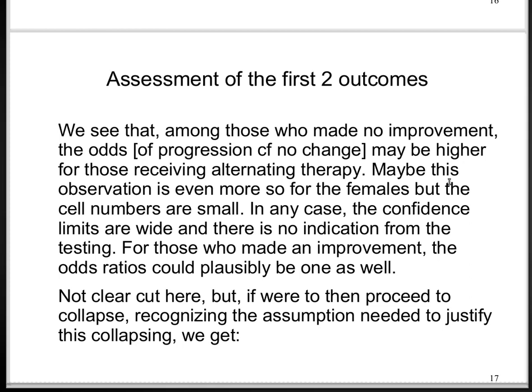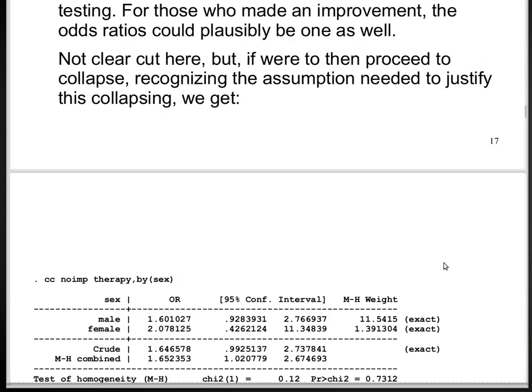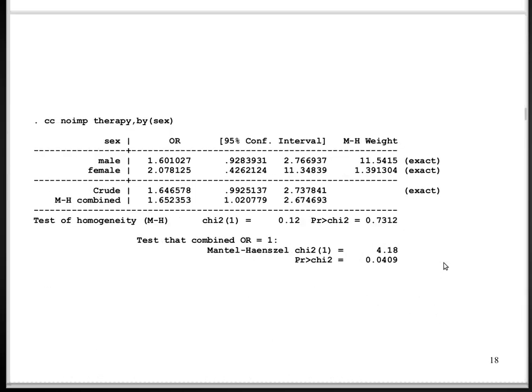Should I be doing this collapsing? Okay. Nevertheless, if we were to proceed with the collapsed analysis, then what do we see? This is whether we should be or not, right? But if we are now looking at the odds of no improvement for those receiving alternating relative to the odds of improvement for those receiving sequential, we get,